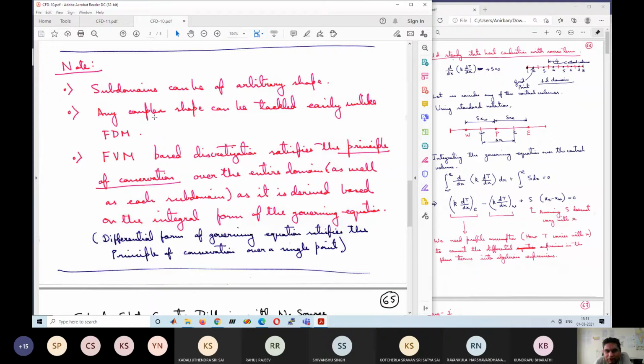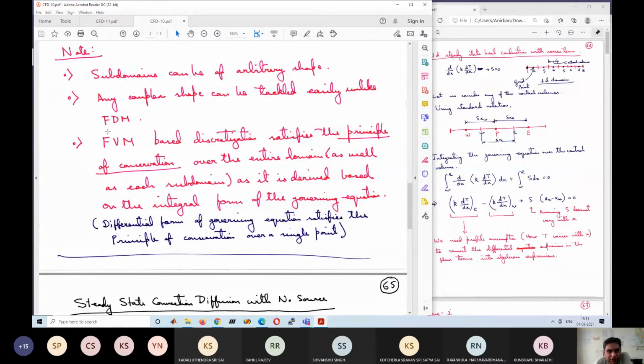For example, if you have an aerofoil shape, it is very easy to fit a set of irregular triangles within the aerofoil structure. If you use the finite difference method, you have to divide the aerofoil into rectangles, so at the boundaries you will have a zigzag pattern which will create a problem. This will be clear towards the end of the course when we discuss irregular geometries. Finite volume method for irregular geometries.